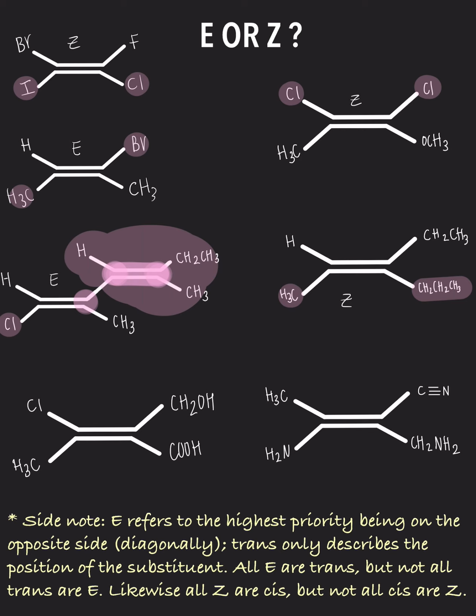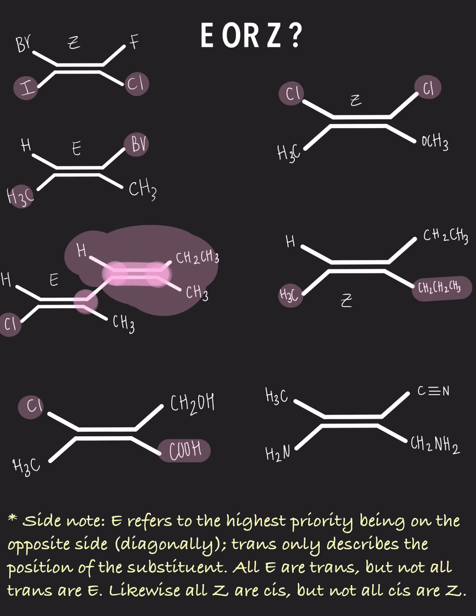This is attached to a chlorine. This is attached to a carbon. Chlorine is your higher priority. This is attached to a carbon that's attached to an oxygen. This is attached to a carbon that's attached to two oxygens. And even if it was, for example, an aldehyde, let's say it's an aldehyde, because some of you are just thinking, oh, there's two oxygens, that's why. Yes and no. Yes, obviously, two oxygens is going to be a higher priority because you're attached to two oxygens. But even if this was just an